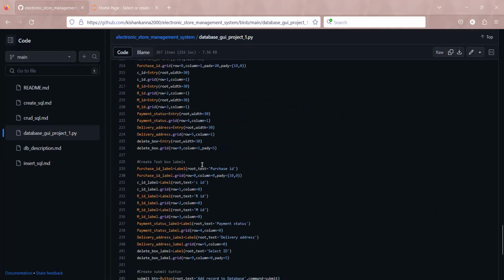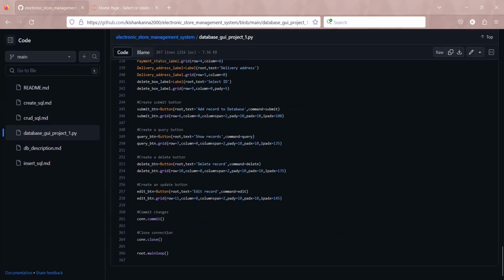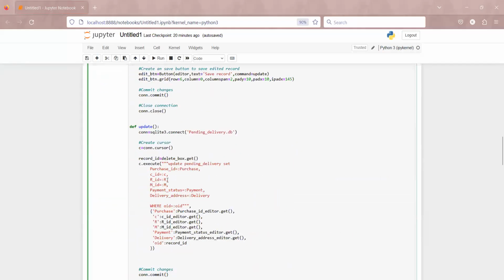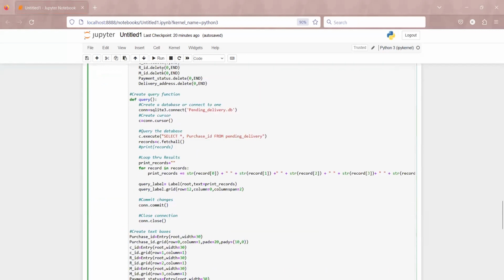Now I'm going to run this code in the Jupyter notebook. So let me share my screen in the Jupyter notebook. This is the Jupyter notebook and this is our code. Now when I click on run,